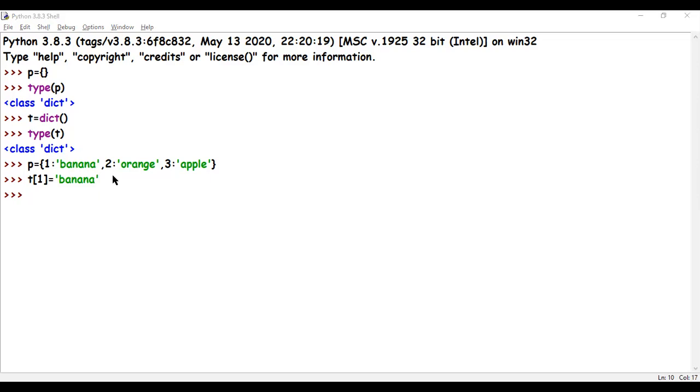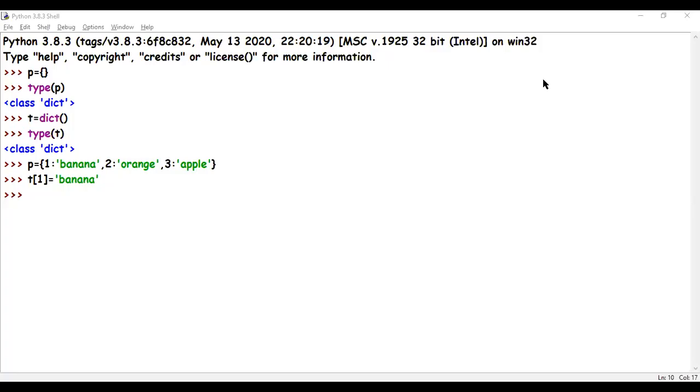Now, you must know by now that so far when you learned string, list, tuples, they were all sequences, but they used to use integers as their indexes, as their indices. So to access a value, we used to use the index value.